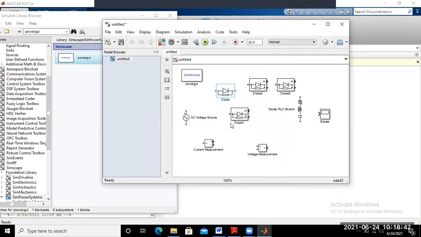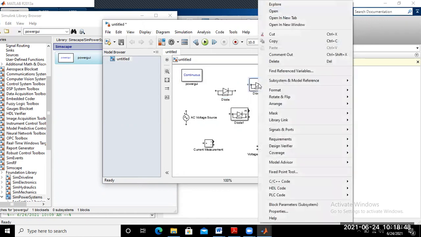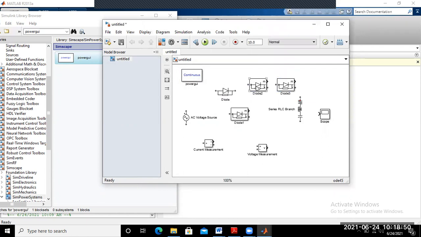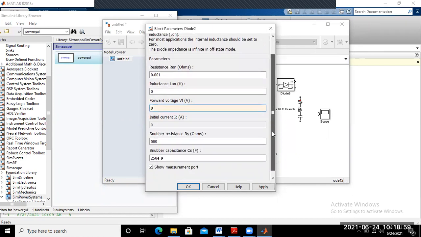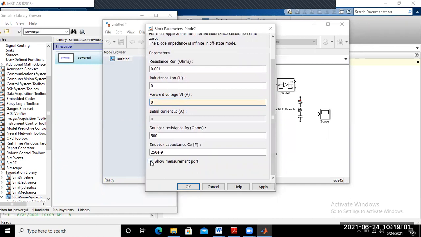Okay. Similarly, for all the diodes. So again, double click and this forward voltage, if you put 0 and show the measurement port here, apply and OK.